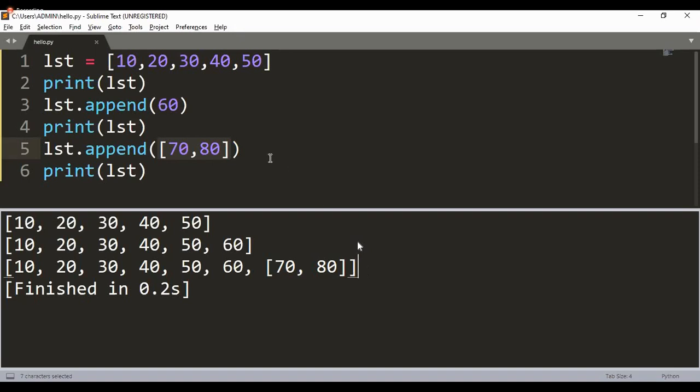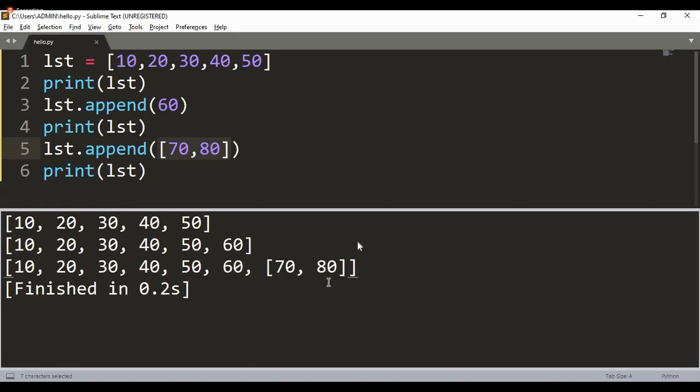So whatever argument you will give, 100% it is going to be appended to the last of this list. No, sir, I want it to be appended as 2 different elements. I don't want it to be present in the form of a list. Of course, this happens to be our very first method. In the further examples, how that can also be achieved would be clarified.